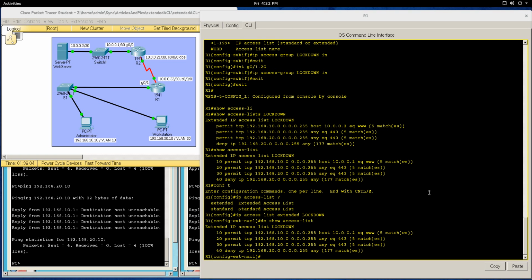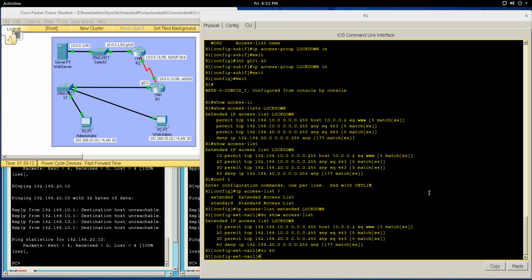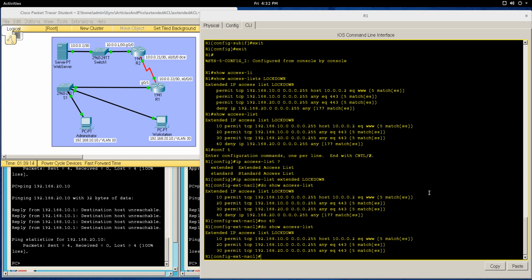Okay, so what we're going to do is, let's say that number 40 is too strict. We don't want that. Okay, so what you do is just say no 40. Okay, let's just make sure. Okay, and then you're good to go. Keep in mind though that there is an implicit deny on all this stuff too when you have the access list running. So what we're going to do now is, let's say we want the administrator VLAN to be able